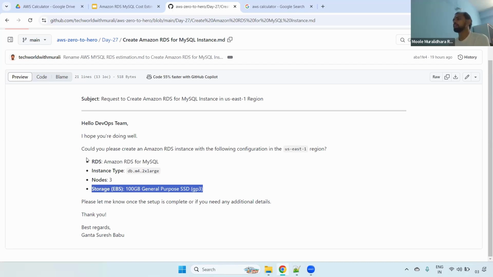Now, once we get the request, don't directly create this particular RDS cluster. First, you need to discuss with your manager or team lead. Why do you need to discuss? Because it is cost. If you create it directly without informing your manager or team lead, and next month the bill increases,